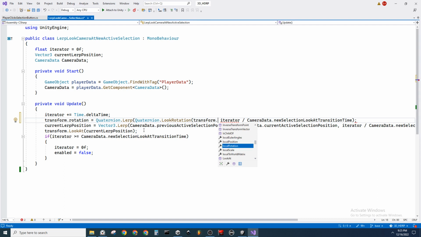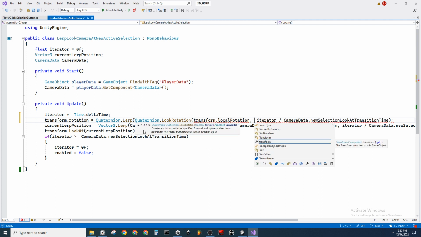Maybe it's just local rotation. That's its exact position, right? But that's also going to change it. But more or less, it would be local rotation to